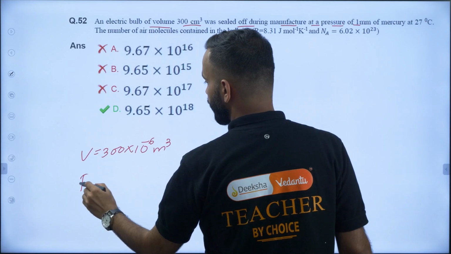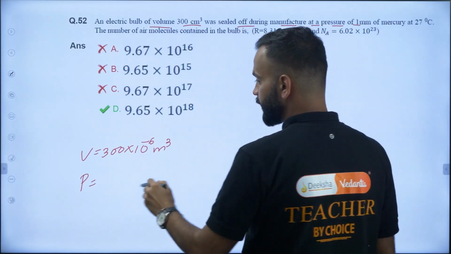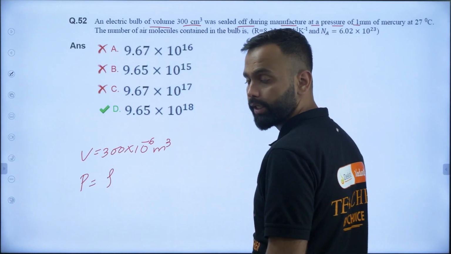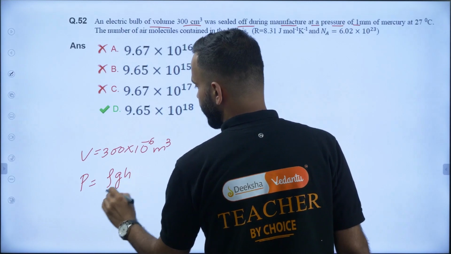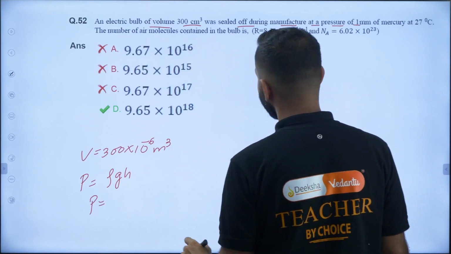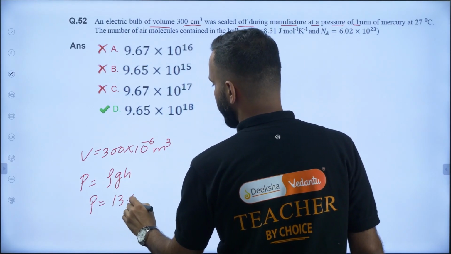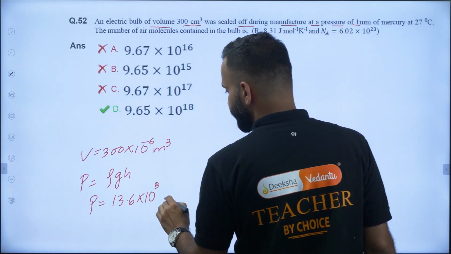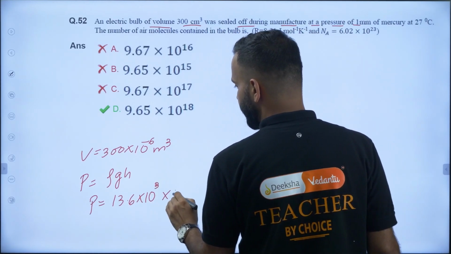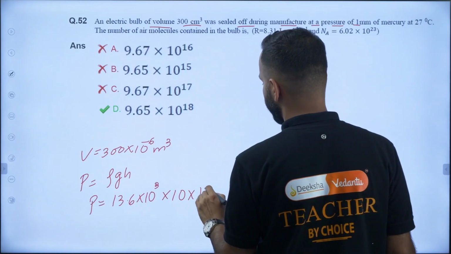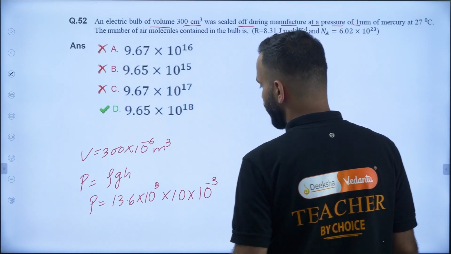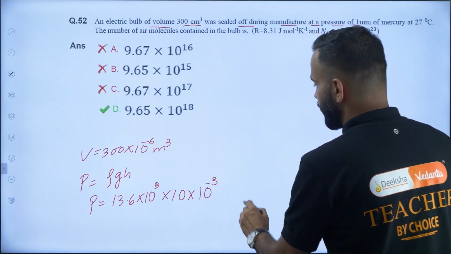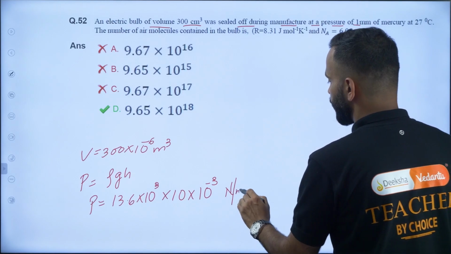The pressure will be 1 millimeter of mercury, that is P is equal to density of the mercury into g into h. So P is equal to 13.6 into 10 to the power 3 kg per meter cube, into g, that is 10, into h, 1 millimeter, that is 10 to the power minus 3, Newton per meter square,